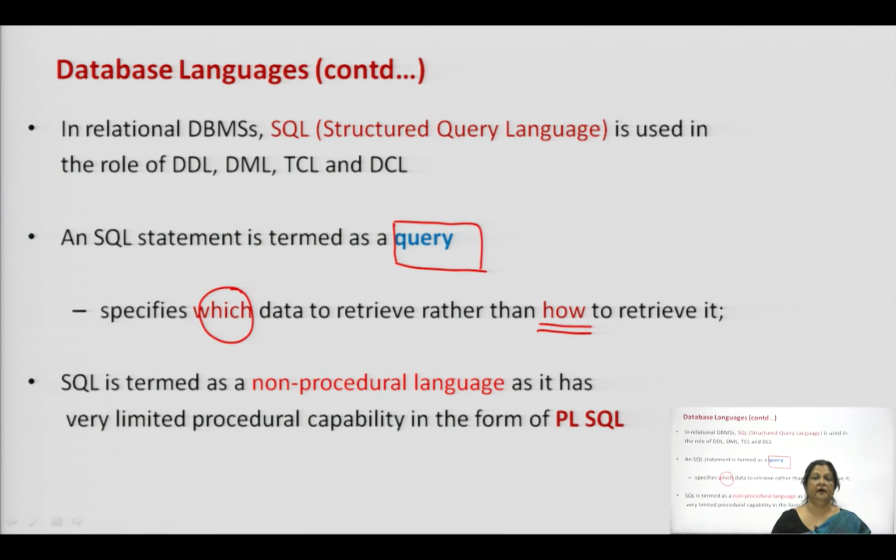This is important. A query in SQL will always specify what is to be done and not how it is to be done. So, when I have written select star from student, I have simply written what is to be done, but how it is to be done, that we need not specify,